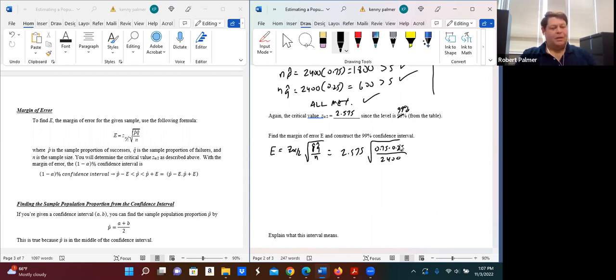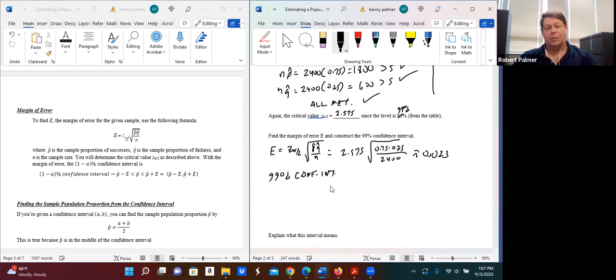Okay. And then let's round it off. Can we round it off? Here, I'll once again round off to 3 decimal places, and so that's going to be 0.023. Okay, so that's my margin of error. So now my 99% confidence